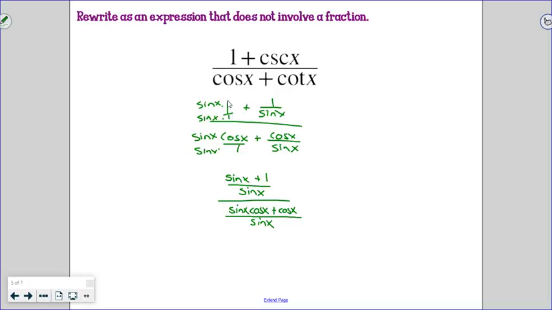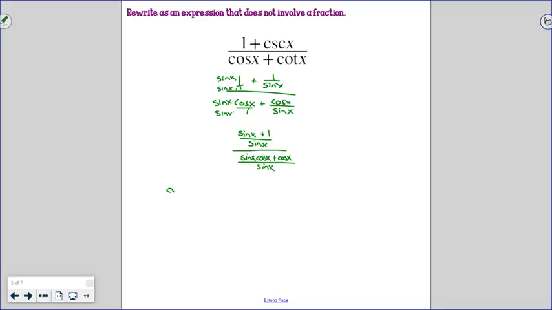Questions? Good. Okay. I now have it 1 fraction over 1 fraction, right? So I can at this point take the numerator, which is our sine of x plus 1 over the sine of x, times the reciprocal of that denominator fraction,